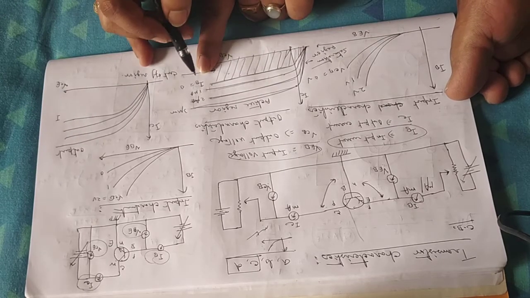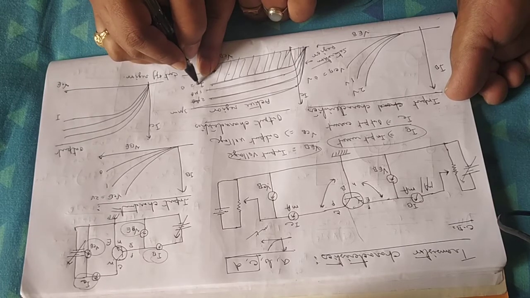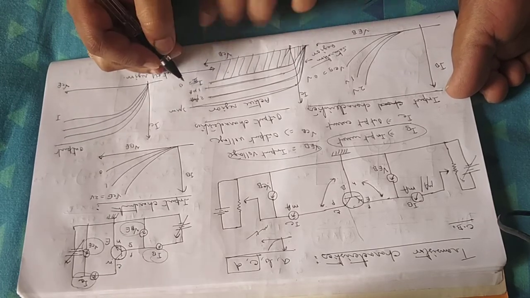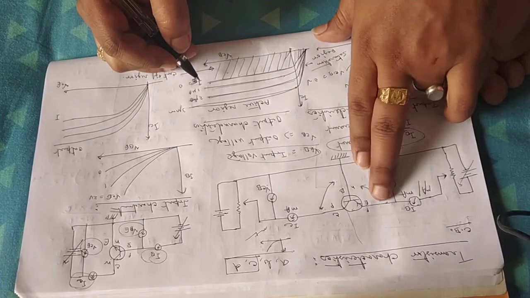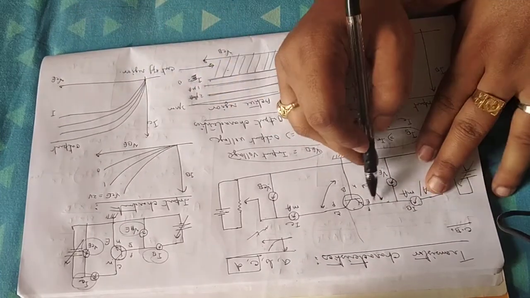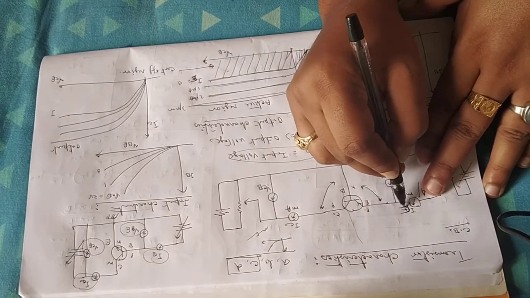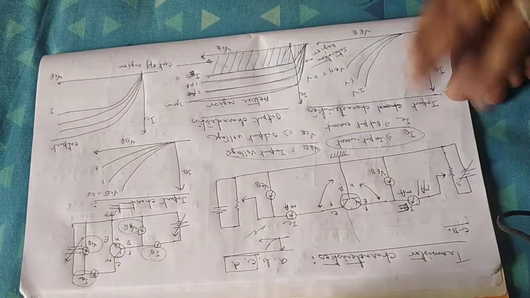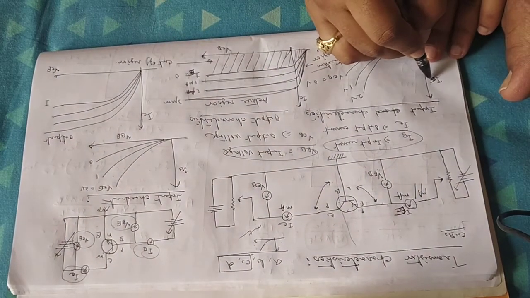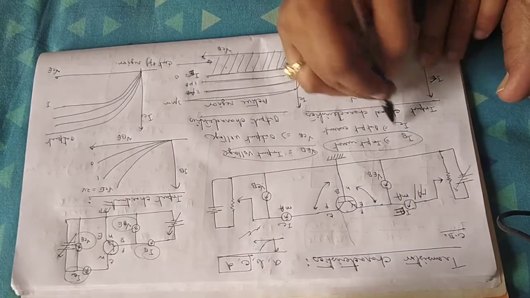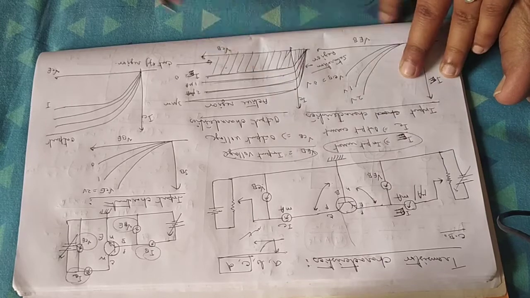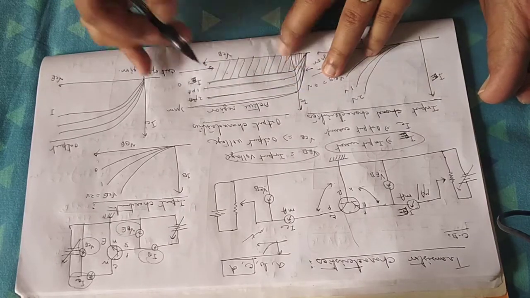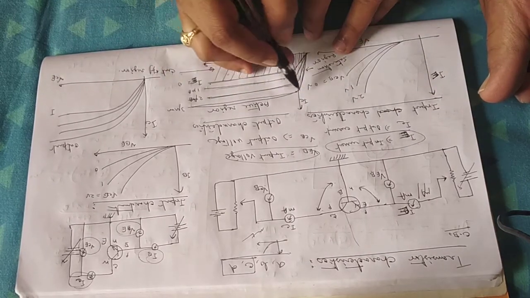In the previous one, I considered IB equals to something, it will be IE. I thought I was making some mistake. In the previous one, the input voltage is not IB, this is IE. Base is common here, so it will be the variation between IE. Little mistake. Okay, everything is fine now.